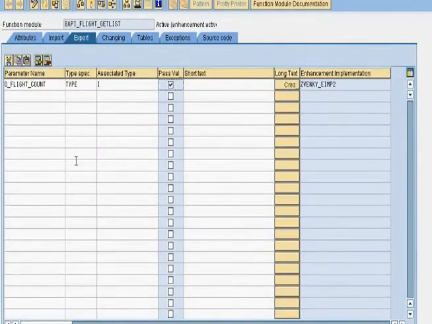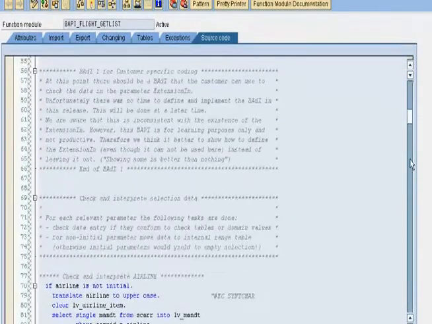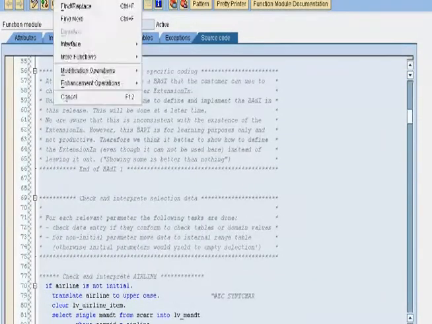Now I have enhanced the function module and added the new export parameter, but we have to pass the value to this parameter. How are we going to do that? I'm going to use implicit source code enhancement for that. So I'm going to get into the change enhancement option mode, and I'm going to go to the